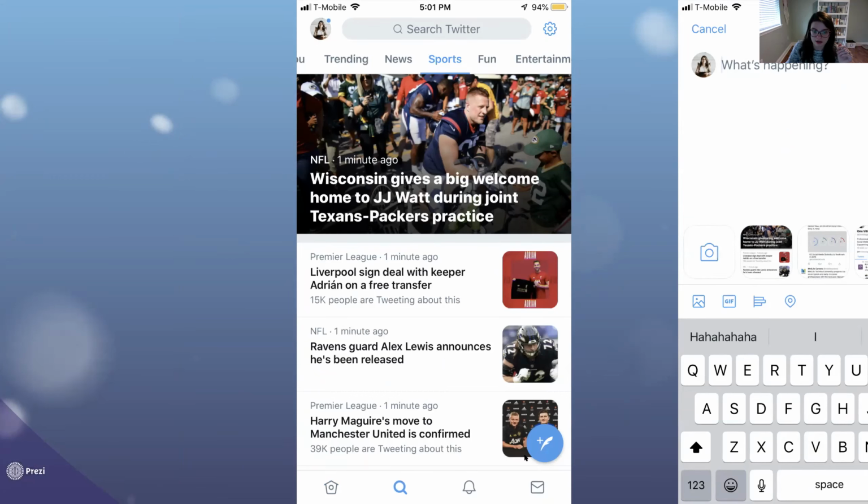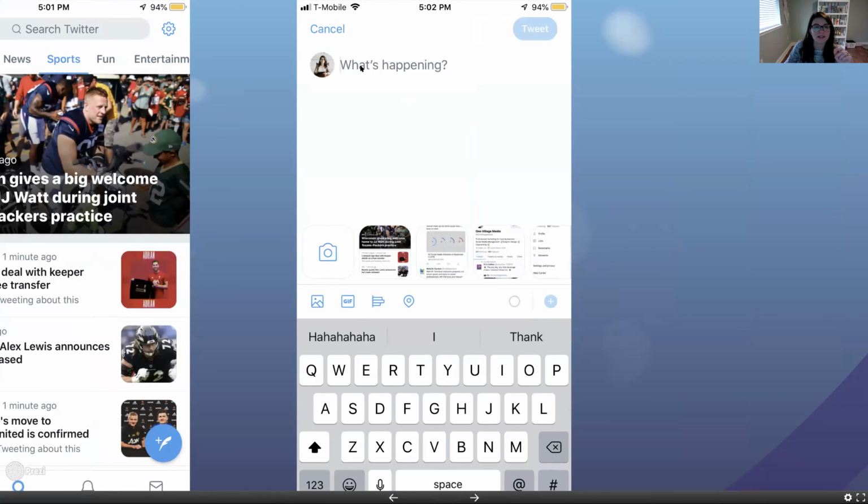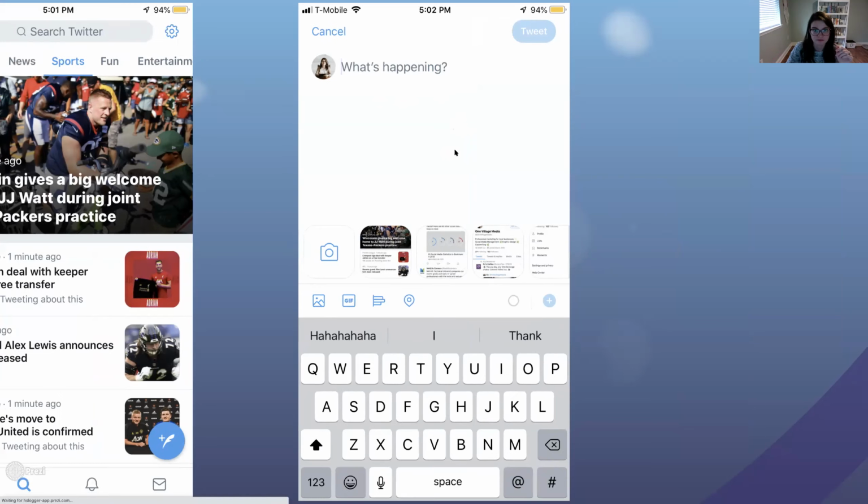And then if I hit this blue pen plus button down here, this is how I make a tweet. I don't remember exactly how many characters you have. I think it's 180 now, but you don't have a lot. So you better get to the point. Now when you post a link, it only counts as one character, which is nice. So you don't have to worry about shortening your link. But then I can add photos and all that good stuff.